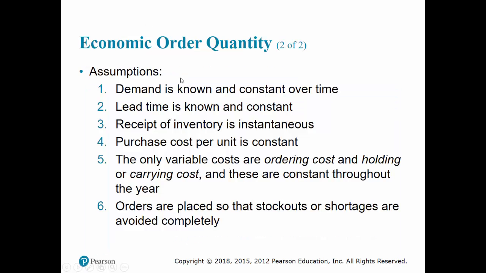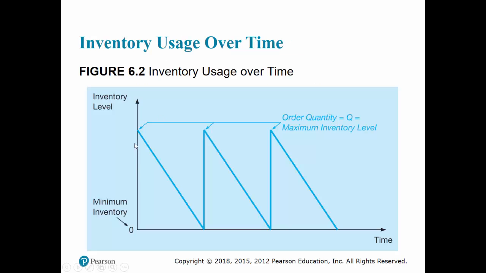So given these assumptions, demand is constant, lead time is constant. So then demand is constant, meaning the inventory level, if we start at this point, is going to go down at a constant rate because the demand is constant. Now, since we know exactly what the lead time is, we can calculate how much the demand will be during lead time, and when our stock reaches that point, then we can place an order so that right at